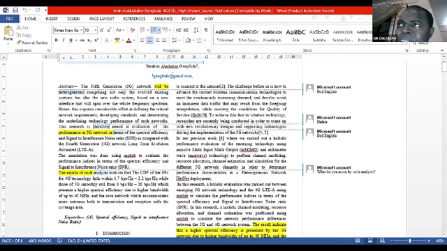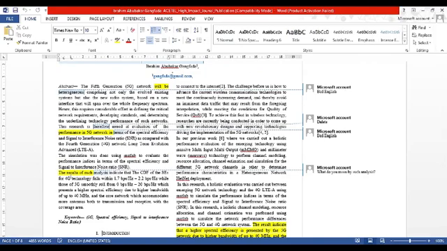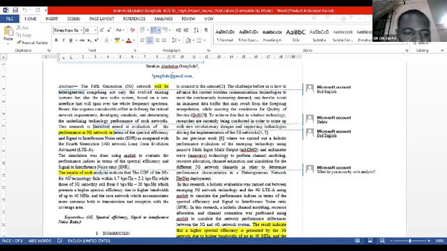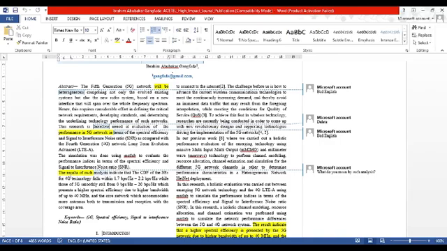Now, I don't know what you mean by the result of such analysis. Are you not the one doing the analysis? What do you mean by such analysis? That's also unacceptable. You can say the result obtained, not the result of such analysis. The result obtained indicates that the CDF of the SES, and I don't think you have defined CDF. We don't even know what CDF means. Your SES, we don't know what it means. For 4G network technology falls within so and so.